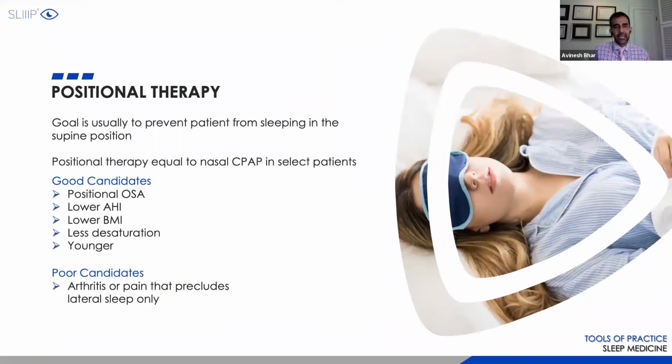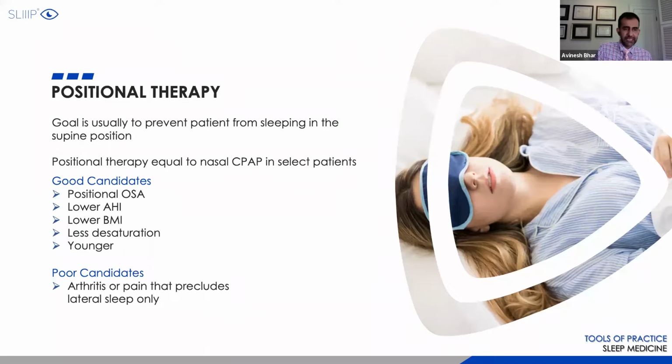Positional therapy. Now, it may work if, for example, a lot of home sleep studies don't actually give you position. Some of them do. And so you can tell, oh, it's mild, but it only increased to moderate when they're sleeping on their back. So, hey, can I get the patient to sleep on their sides? It sounds like a great idea. However, we cannot control which position the patient sleeps in. Even though when the patients swear that they only sleep in one certain position, they're not aware of it. And so sometimes you have to take that with a grain of salt. Now they have pains and aches and so on. They can't do positional therapy.